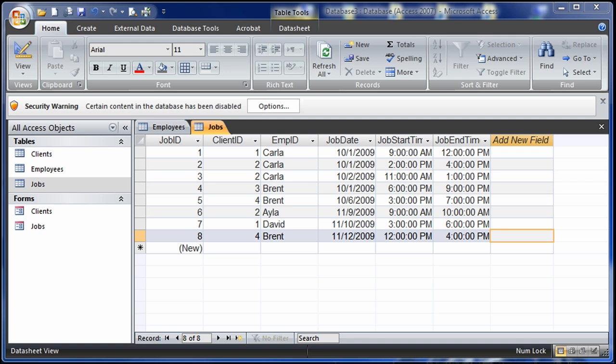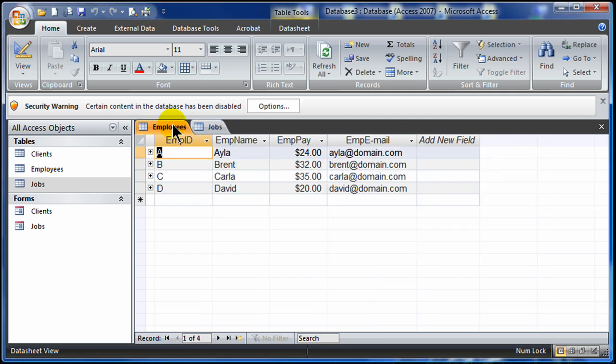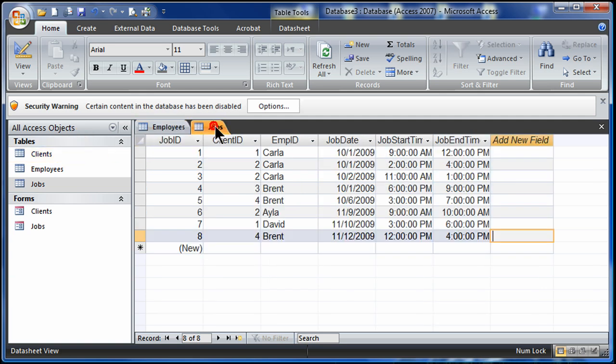I want to continue doing some work in this database. It's a business, and they keep track of their employees, and those employees are assigned various jobs for clients, and the jobs are kept track of in this table. So this table keeps track of the various jobs, the job IDs, the client involved, the employee involved, the date